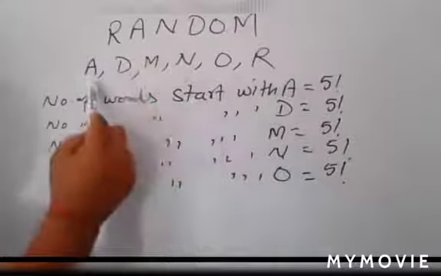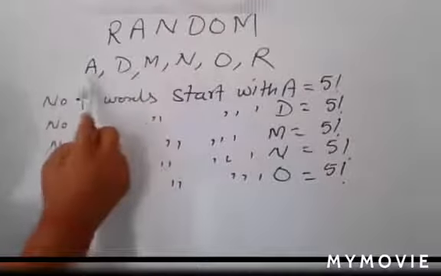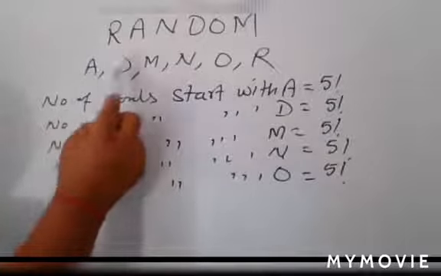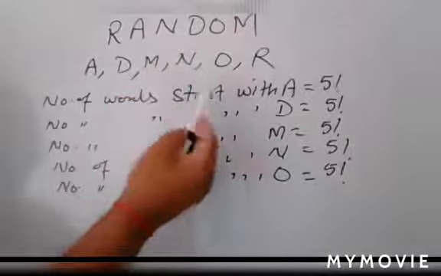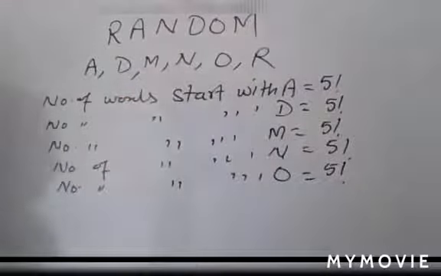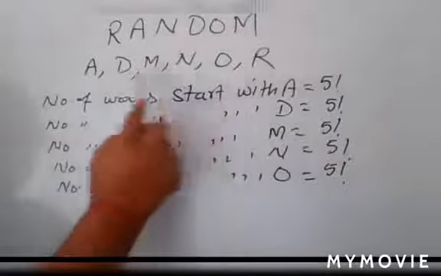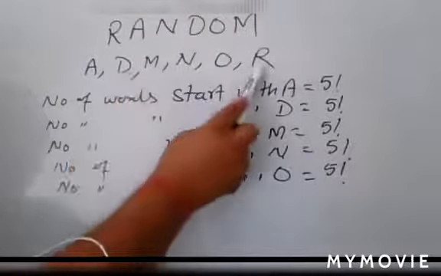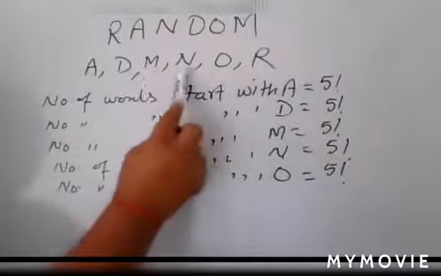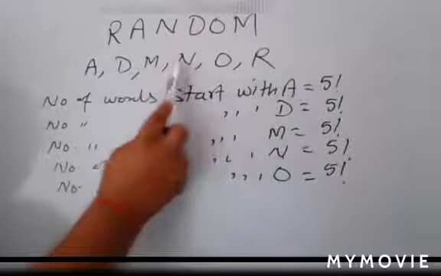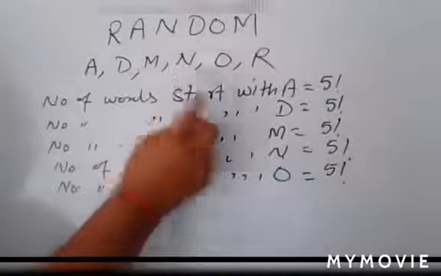So you can write A, and then you have D. Then you start with D. And here you have a position like RAN. So how many such types of possibilities are there? First you write for RAD, then you write for RAM, then you try to check for RAN. So in this way, you can go through RAN.